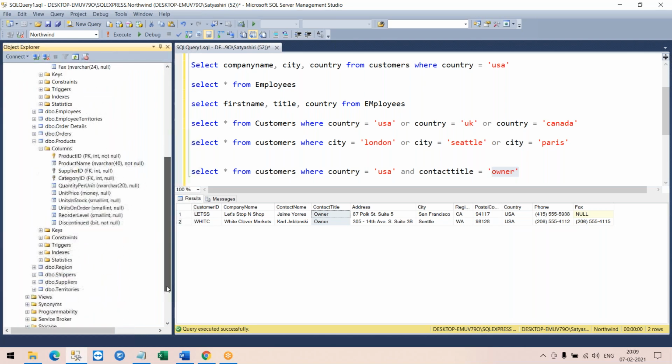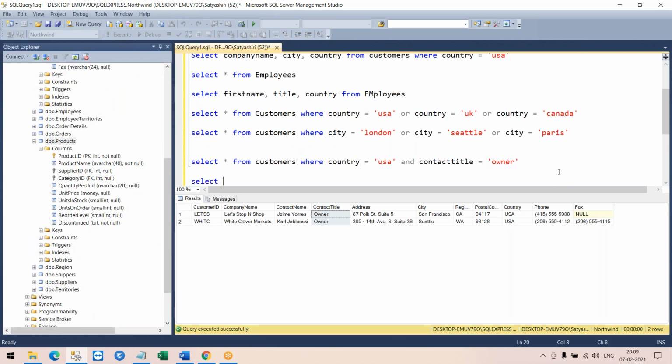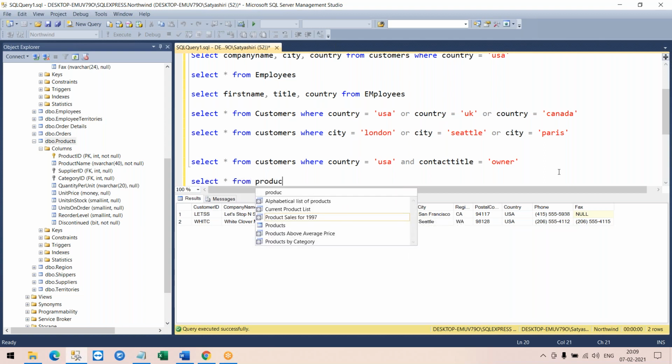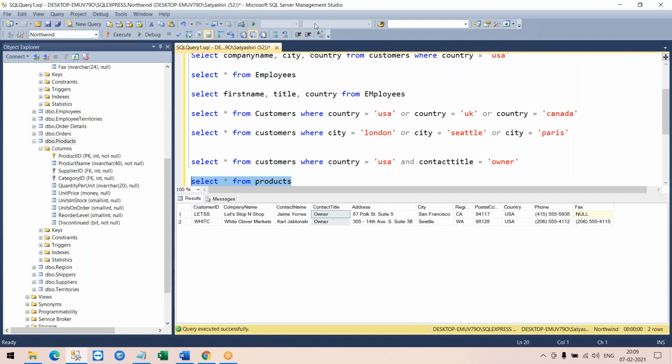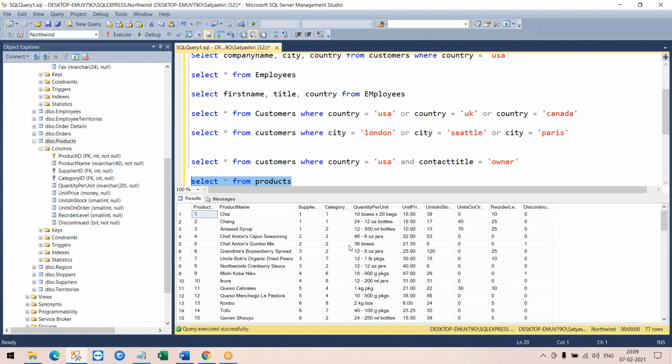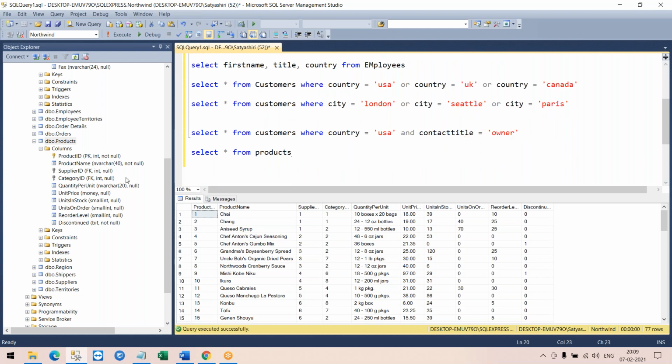Let's check that also. Let's look at some products. Select star from products will fetch me the complete data. Once I have the complete data, I would like to filter on a money or any other integer value. Supplier ID and category ID are all integers. So when I'm filtering on any integer, let's say supplier ID, I don't need to give it in single quotes.